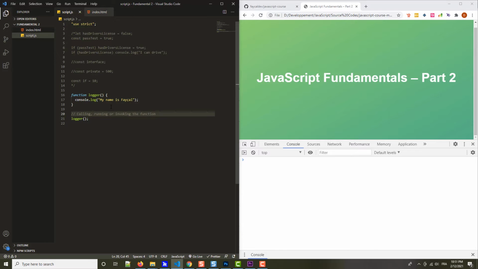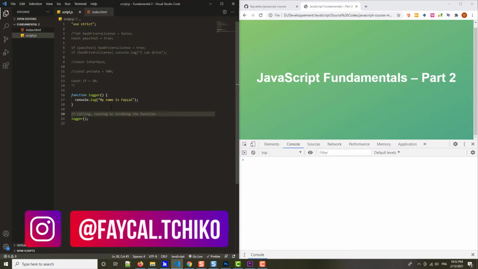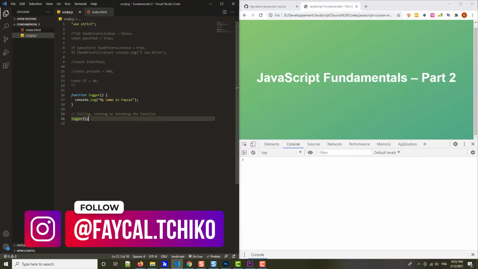So they basically mean the same thing. You can think of them as executing or using the function that we defined previously. Okay, and as I said, we can now use or call or run this function as many times as we want. So I can do it, for example,